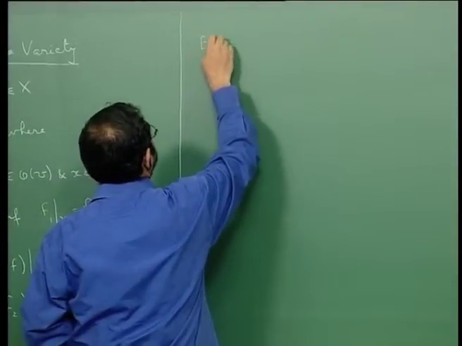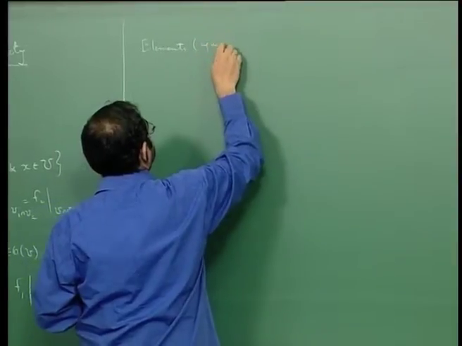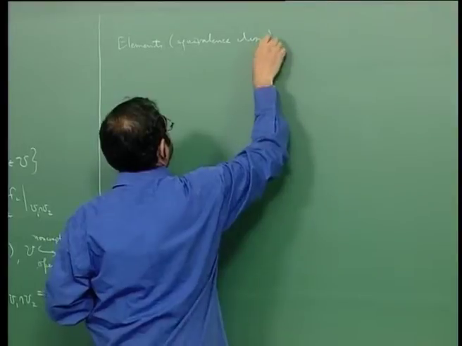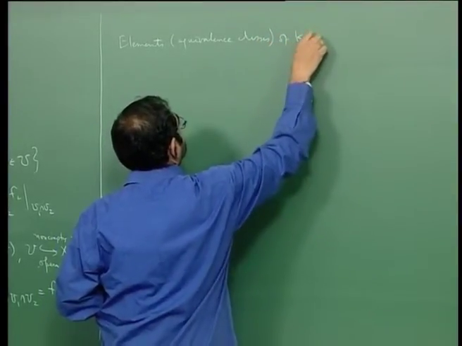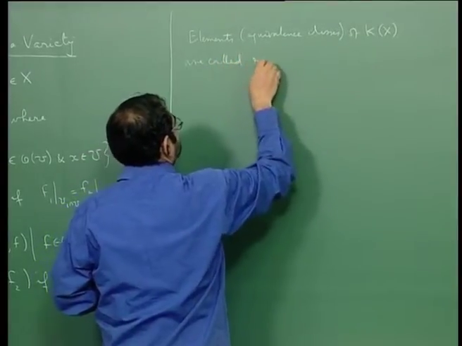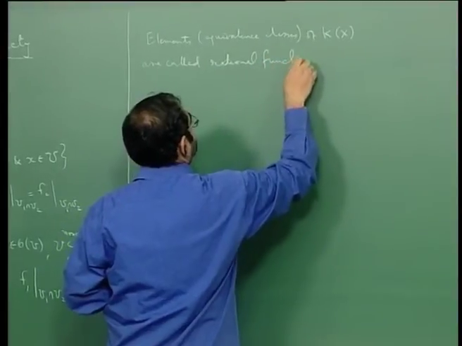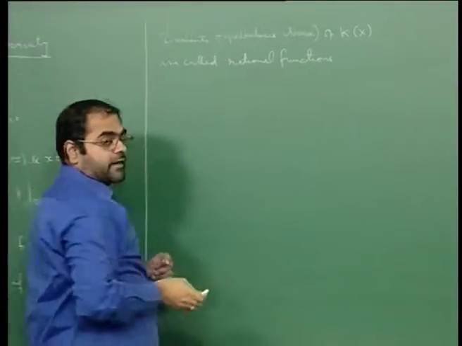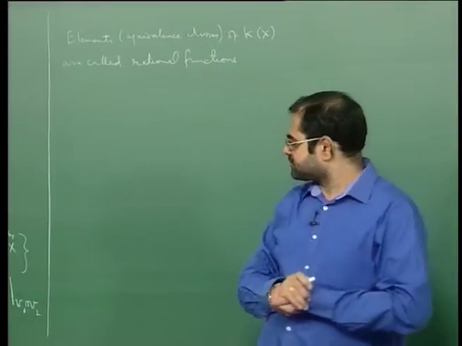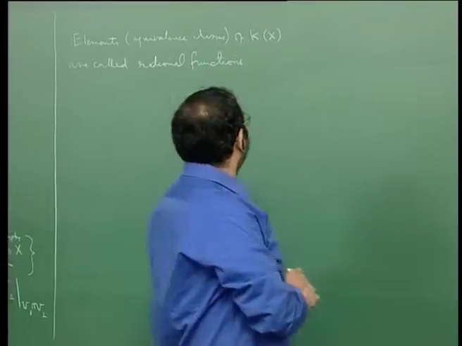Elements, equivalence classes of kx, are called rational functions. They are called rational functions. They are represented by a regular function on an open subset. All right, and